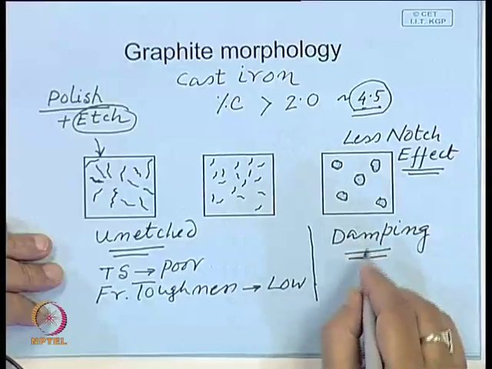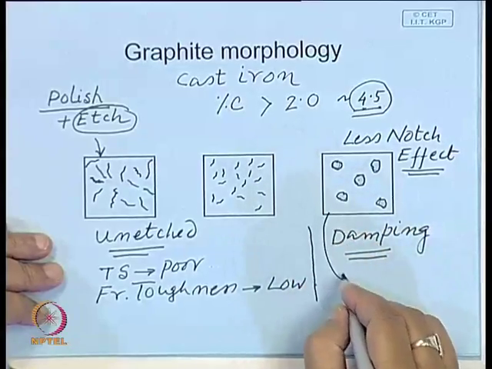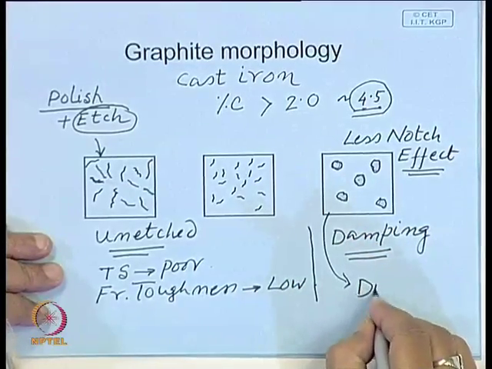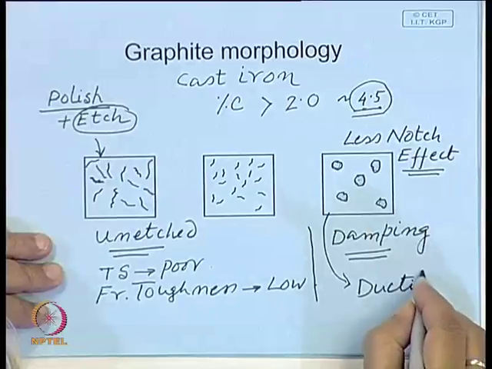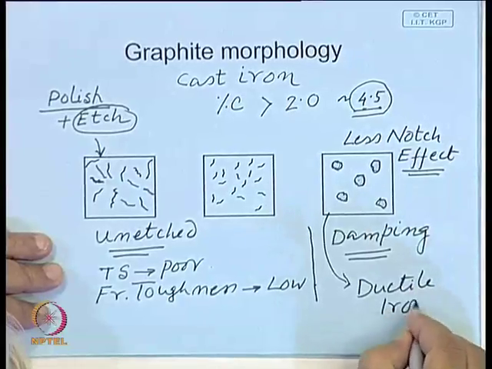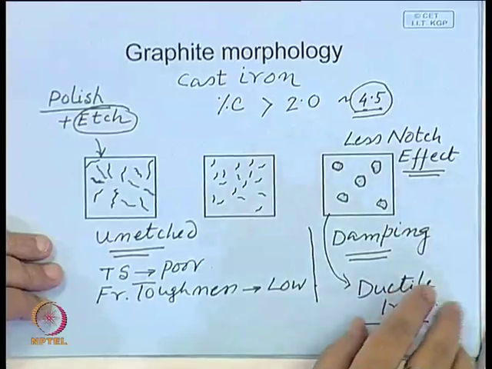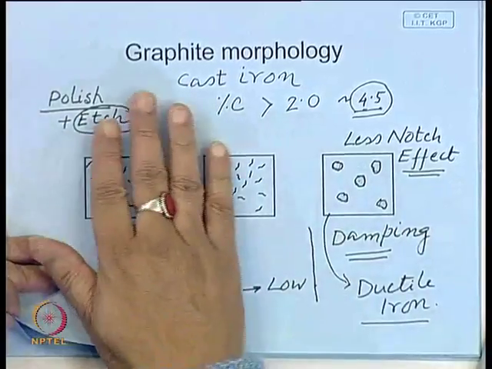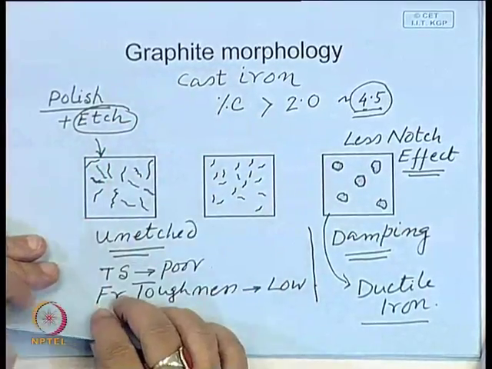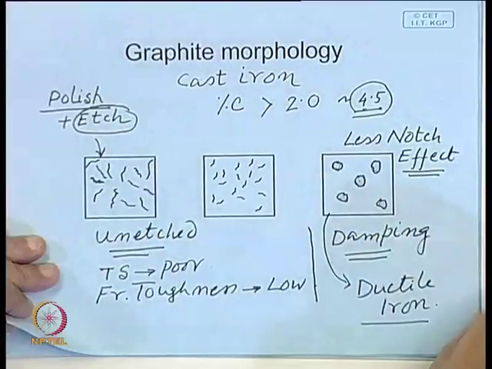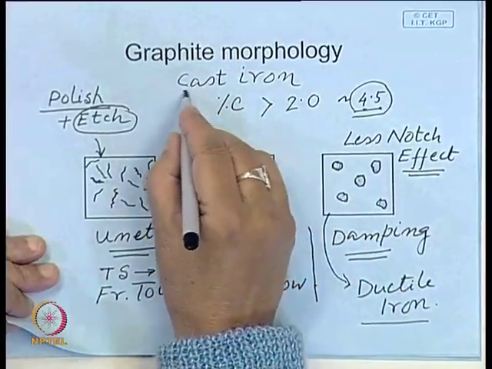This form of iron is also known as ductile iron. That means by controlling the morphology of graphite in cast iron,